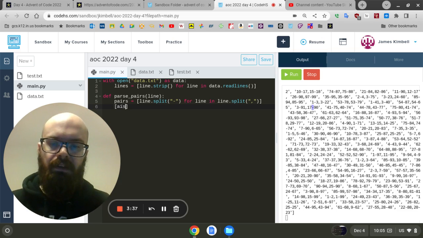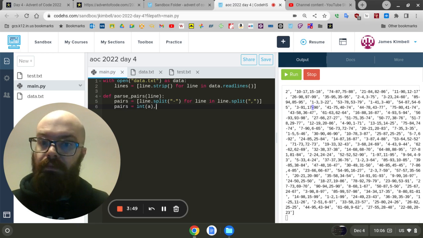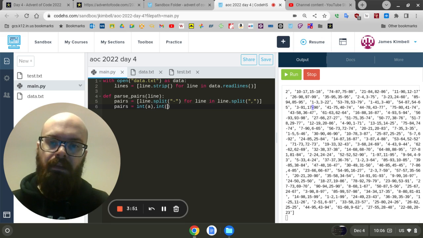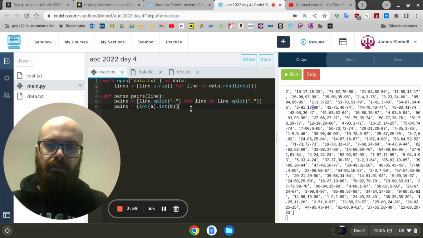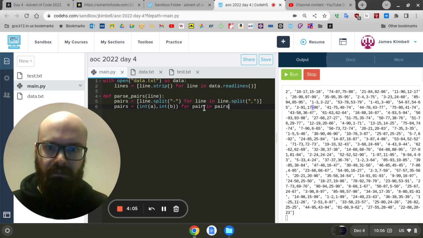So I'm going to say pairs equals, we're going to say int, and then we have to give them names. I'm just going to say A and B, but we'll see what happens. We might change that. Int A, int B, and then I think we have to put this whole thing in parentheses for pair in pairs, which is like, no, for A, B in pairs,